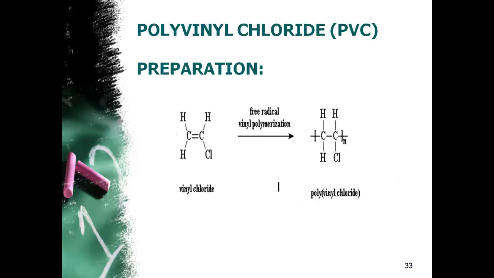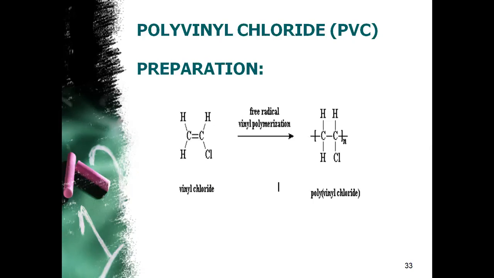Now let's start with PVC. PVC stands for polyvinyl chloride. PVC is the world's third most widely produced synthetic plastic polymer. About 40 million tons of PVC are produced each year. It comes in two forms. One is rigid, other is flexible. PVC was accidentally synthesized in 1872 by a German chemist Eugen Baumann.